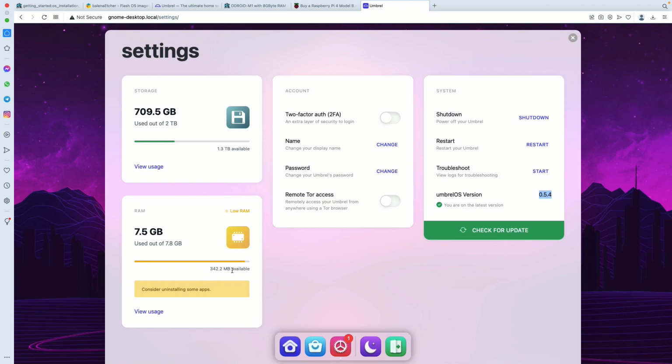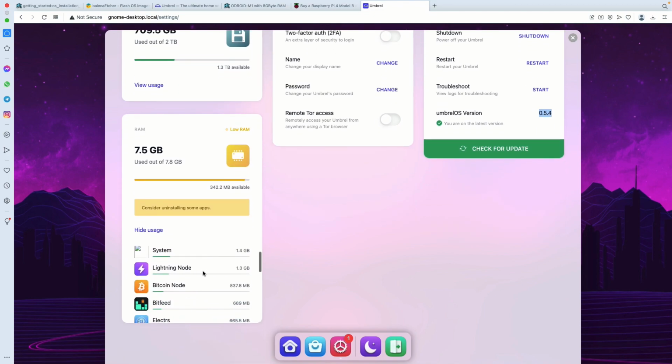I don't think Umbrel did it on purpose so they can sell more of their own software, or maybe they are already thinking that everybody has 16 gigabytes of RAM, like their new hardware they are offering, the Umbrel Home. So I wouldn't update for sure if you have only 4 gigabytes of RAM or even 2, but for sure not if you have 4. With 8 I would also think about whether the update makes sense, because at the end, yes, I could take away mempool, I don't care,